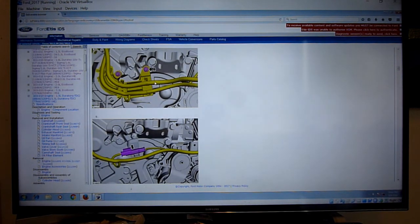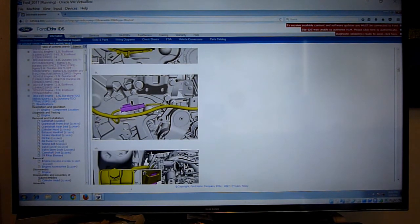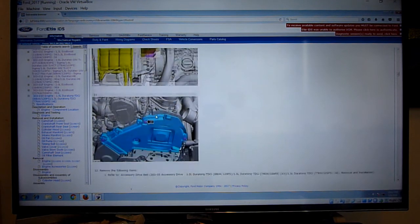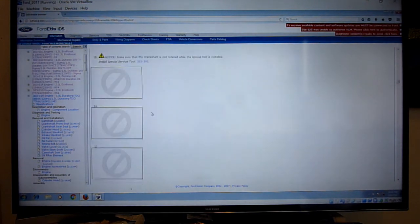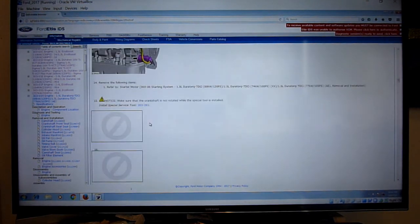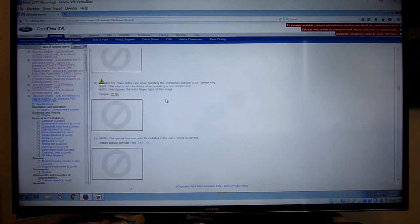This is the cam belt cover at the top. This bracket's meant to be there to hold on to these fuel pipes, and that wasn't there. I'm not 100% sure though. Here's a better view of the cam belt top cover, and so there's a bracket there that had to be removed. So it goes through the instructions, service tools, and